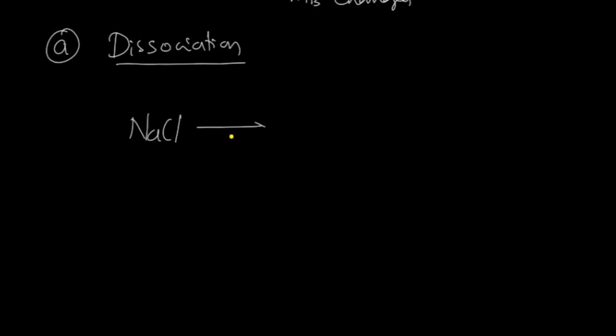That's the first one, where dissociation is occurring. Let me take an example of sodium chloride, NaCl. It dissociates, forming Na plus and Cl minus. The molecules of certain substances like acids, bases and salts dissociate in a solution to give more than one particle. The number of molecules added is one, but the number of ions generated in the solution is two.